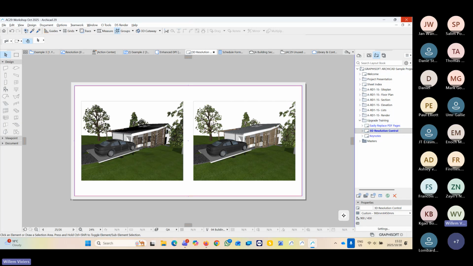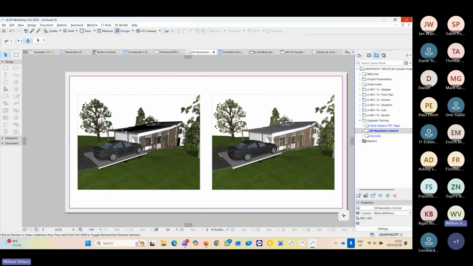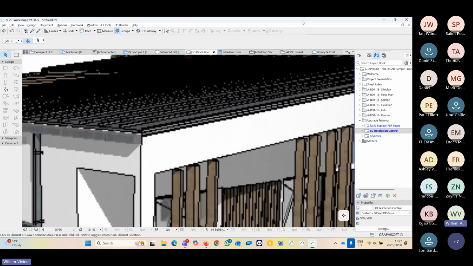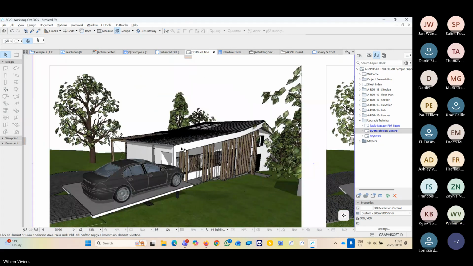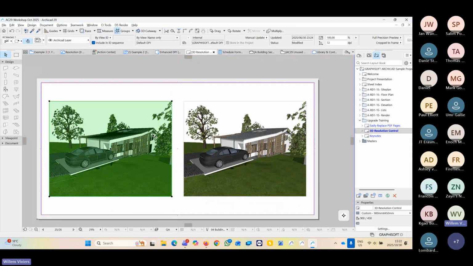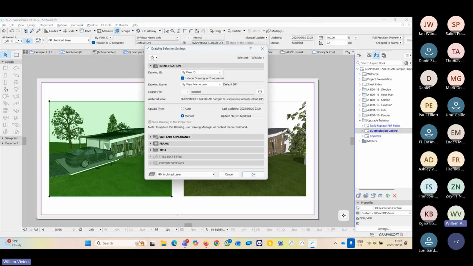So if we have a look at this view on the left-hand side, it's exactly the same view. And when I zoom in, as you could see, traditionally, this is what we found using 3D views on a layout. It wasn't as crisp as we wanted it. There were other ways of resizing your 3D view and all sorts of, I would say, workarounds in order to get a better result, but it wasn't as effective as we wanted it to be. So if I go into this one's settings before we look at the one on the right,